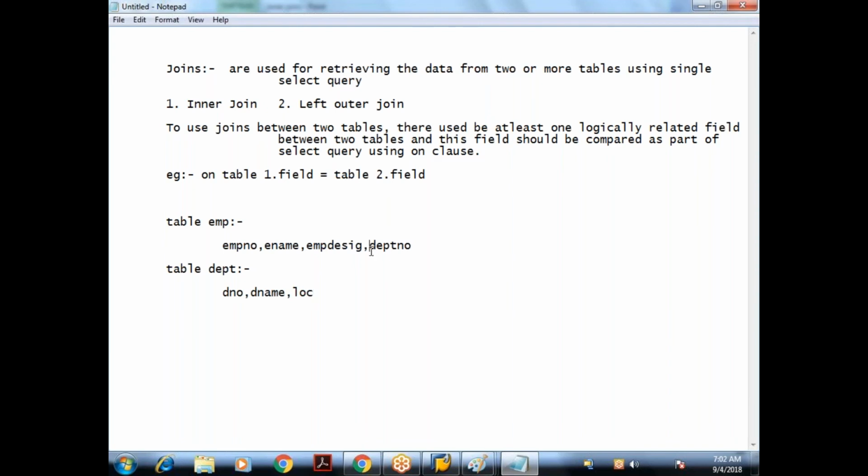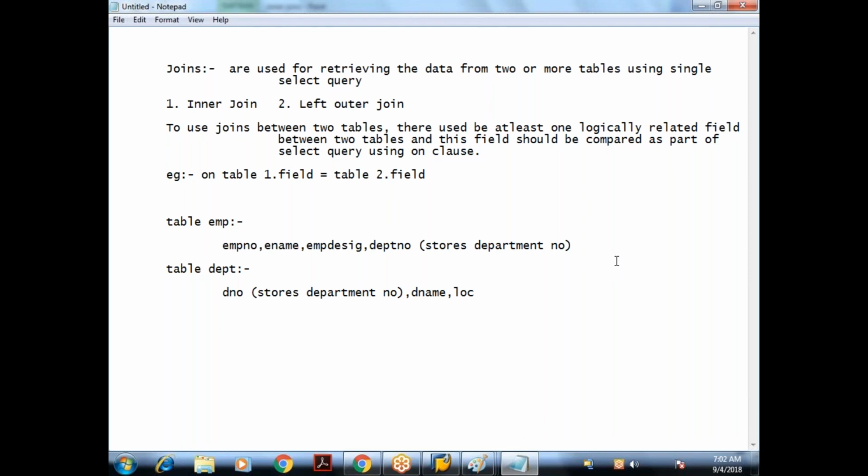So here the field name is department number. What is the purpose of this field? It stores the department number. In the department table also we have a field, D number. This also stores the department number. So even though the field name is different, here it is DEPT number, here it is D number, the purpose of the field is the same. Both fields store department numbers in the respective tables. So I can say these two are